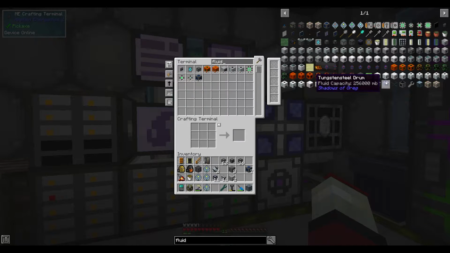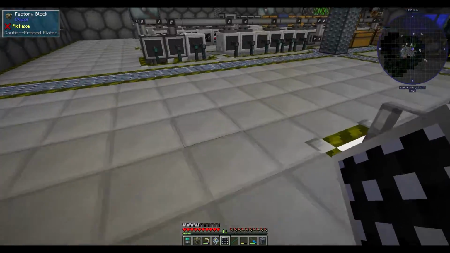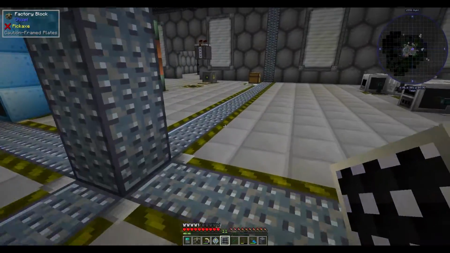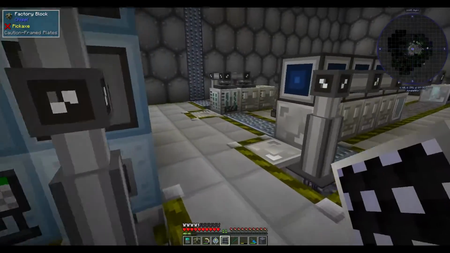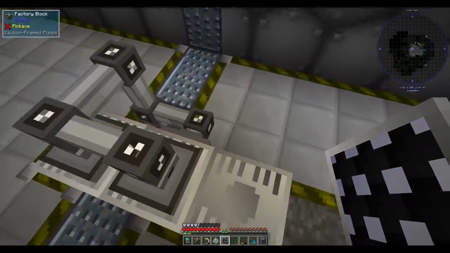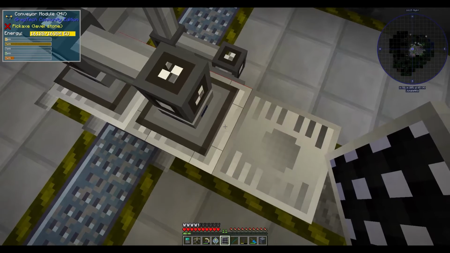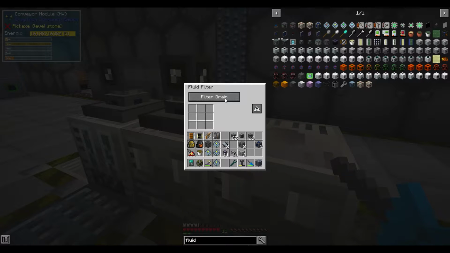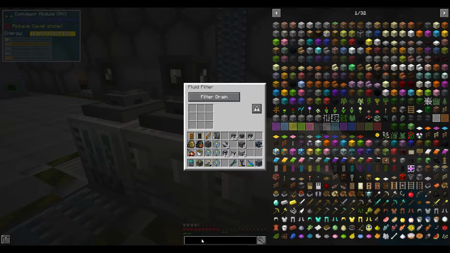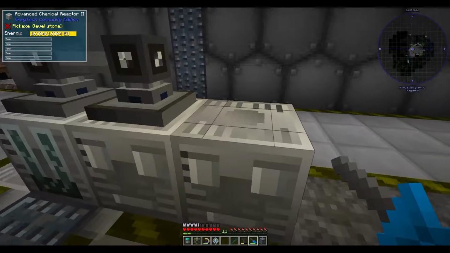I'm not sure I actually made any of these. Fluid filter. Easy to make. I've got my pumps. I can do, if I wrench the output on this one, there, drop a fluid filter in, use my screwdriver, filter drain, and what I want, can I drag these in? Let's find out. Glycerol. And perfect. So filter drain, glycerol, and then